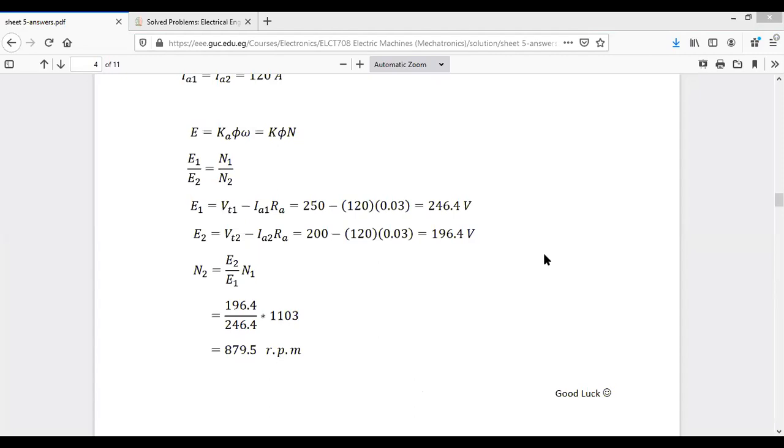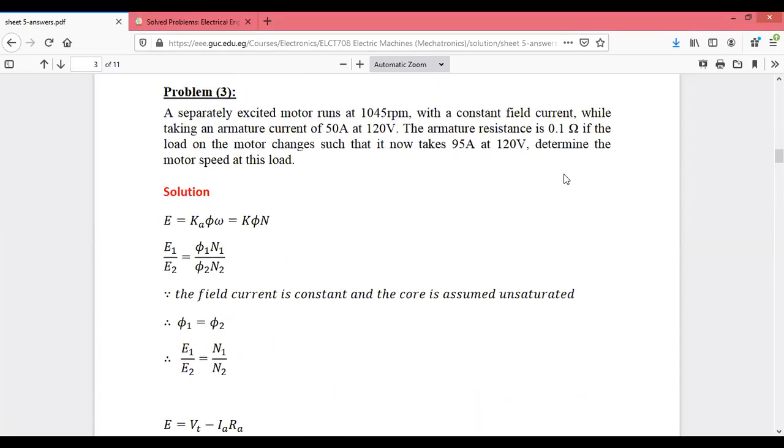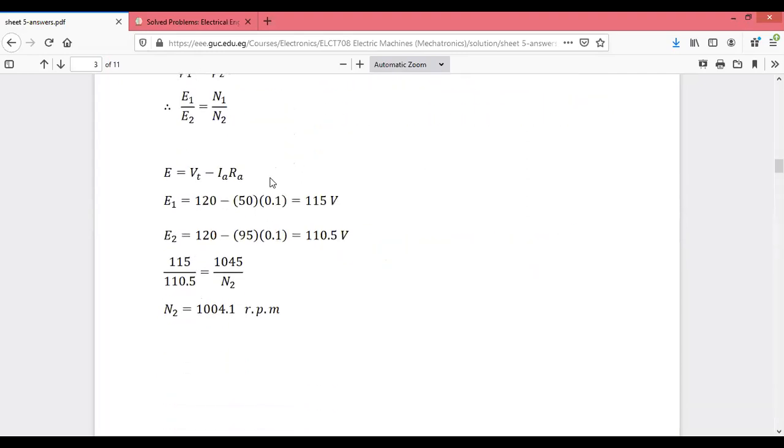Okay, so you can see here, when we have the values for all these terms, you solve the values for E1 and E2. They have already given the value for N1, so you can put this value and you will get the value of speed when you are taking the torque as constant. So you can determine that speed when we are considering that load. So you will get N2 equal to 1004.1, and you are taking that speed in rotations per minute, so you can give the unit as RPM.